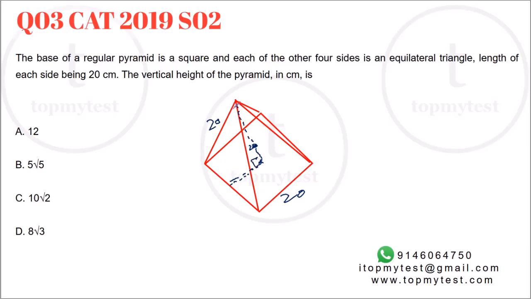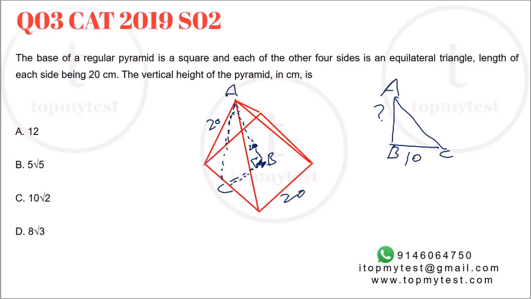right, if I were to draw a projection of this triangle, suppose let's call it A, B, C, where B is the midpoint, right? So you'll get something like this. Now, AB is what we need to find, right? What will be the length BC? Length BC will be half the side. Half the side is 10. Now, what will be AC? AC will be the height of the equilateral triangle. This is the height of the equilateral triangle, right?